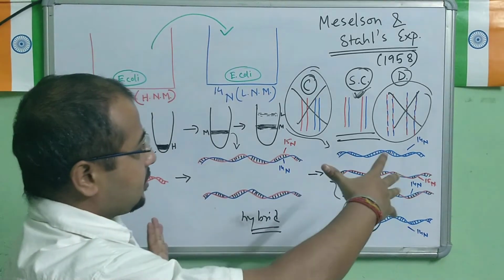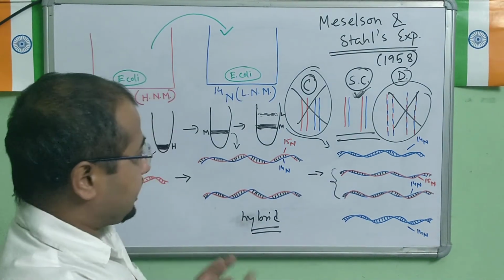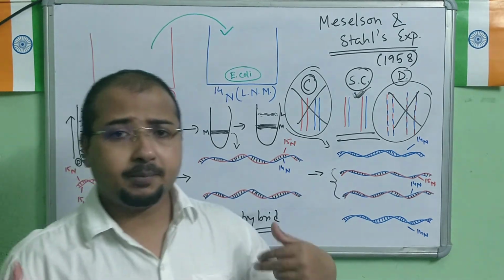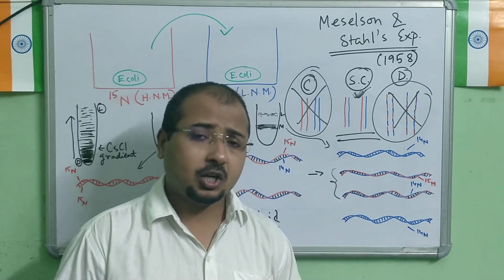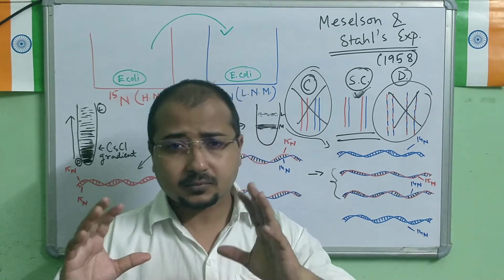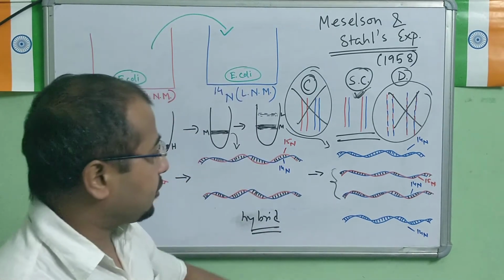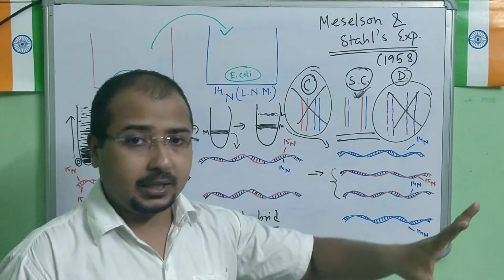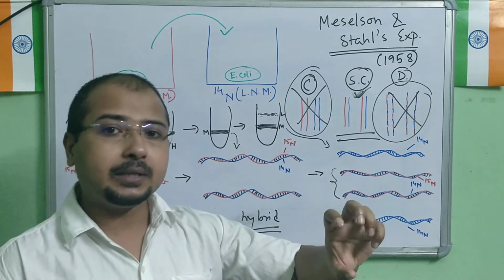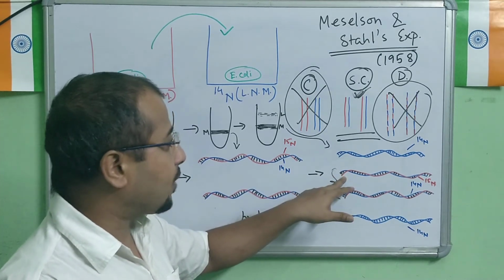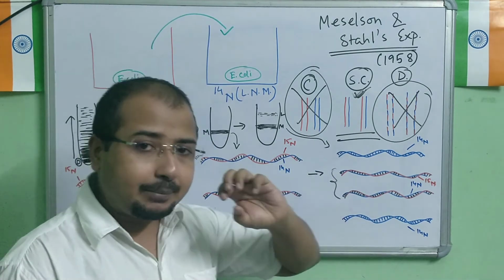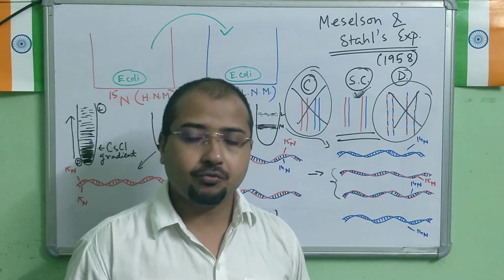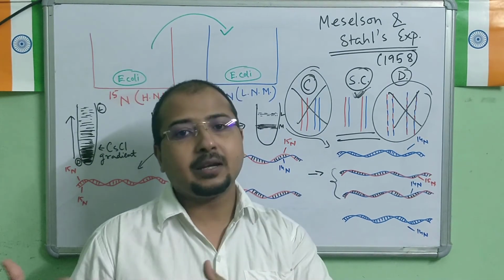Okay, this is the fundamental concept of replication. We have seen the semi-conservative mode. In my next video or topic, we will be discussing the detailed mechanism of replication, and we will see how the semi-conservative mode is followed in the replication. How the newly formed DNA is composed of one old strand and one new strand. Okay, how the hybrid DNA strand develops, the detailed mechanism of replication we will start understanding from the next video onwards.